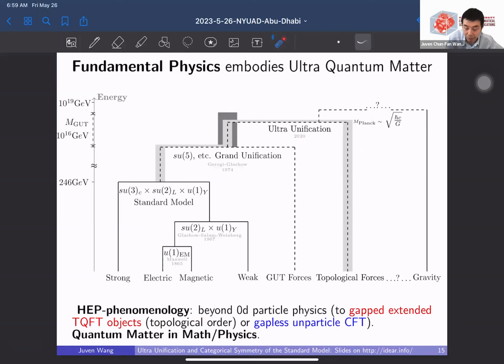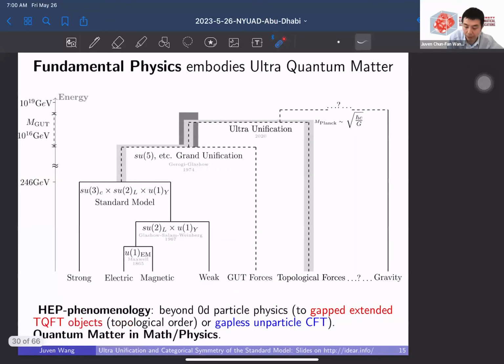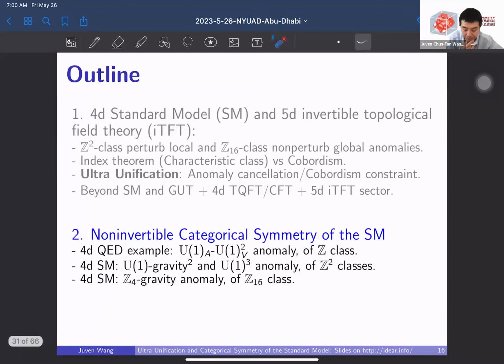In the case of showing the forces unification, what we need is actually, before we even go to quantum gravity, there are topological field theory sectors that we can add in. So this is the kind of proposal. Other than the strong, electromagnetic, electroweak forces and the hypothetical gauge forces, there are TQFT sectors possibly joining before we go to gravity in the vacuum standard model, beyond the standard vacuum we live in. Okay, so I'm done with the first part.